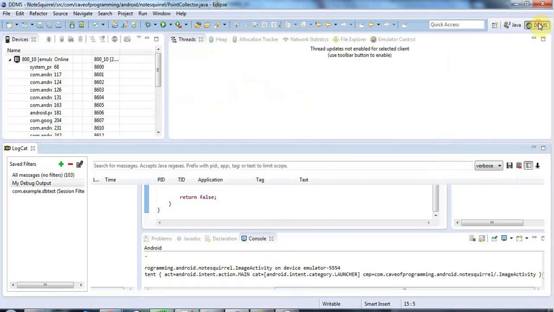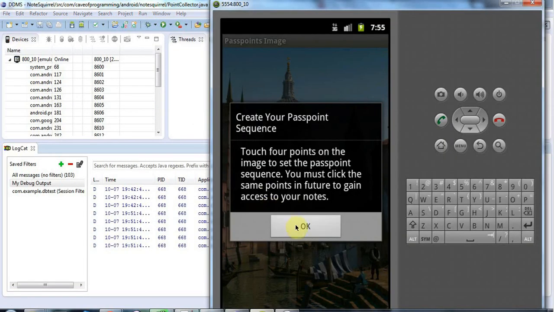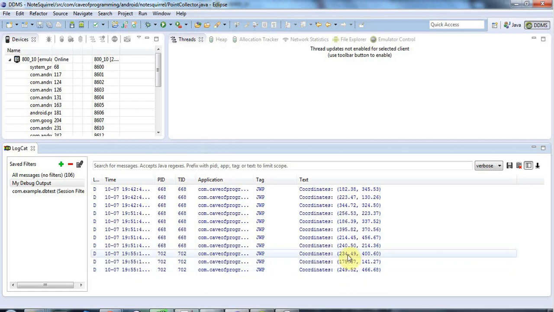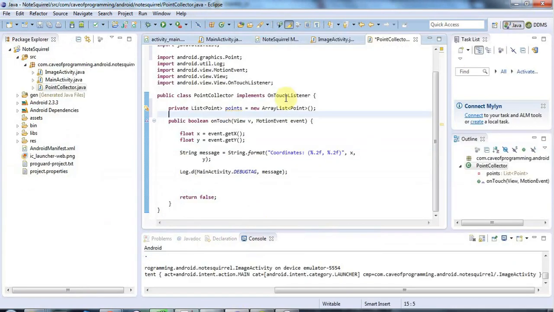I'll go to DDMS and look at the emulator, and I'm just going to click a few points. You can see that the points are still coming out, so it's still working, which is always good to know. So I'll go back to Java here, and now I'm going to